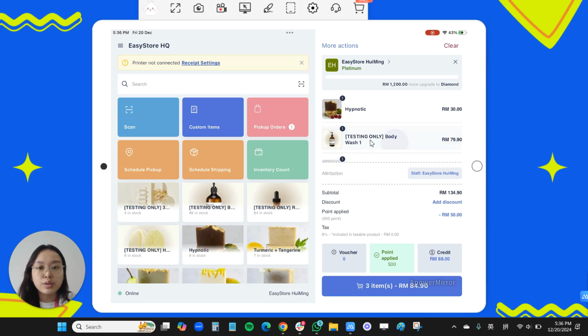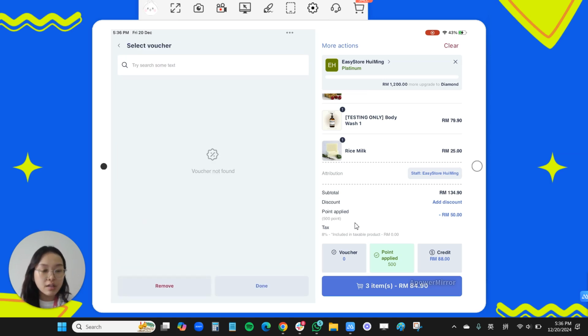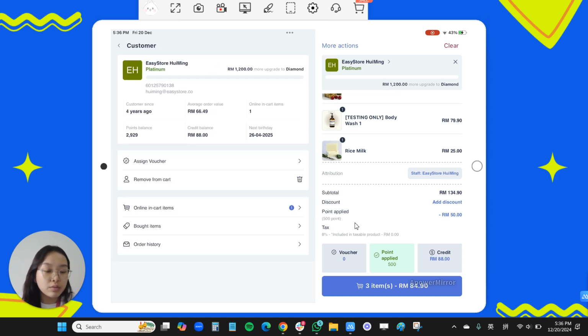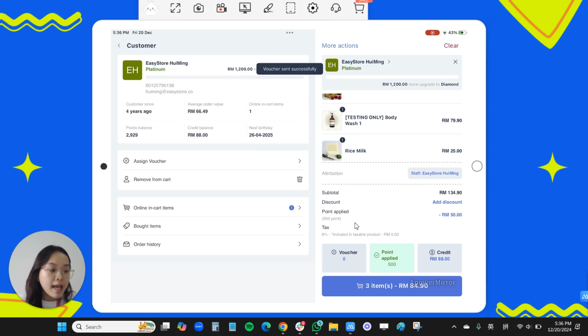And coming to discounts and vouchers, as long as they are signed up as your member, you are able to keep track of their available vouchers. So for here, you can click on vouchers. Probably this customer redeemed all of the vouchers, so it is empty here. But if you are running a promotion, it will apply here. Let's say we go back to customer information, assign vouchers. We click on this confirm,